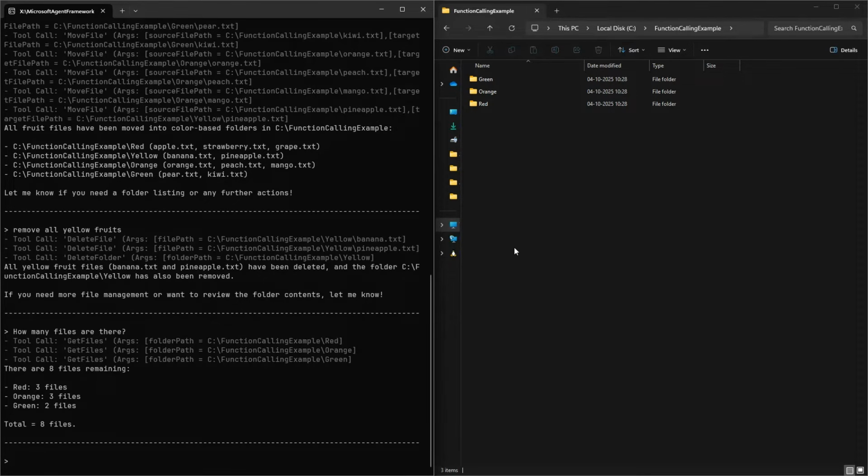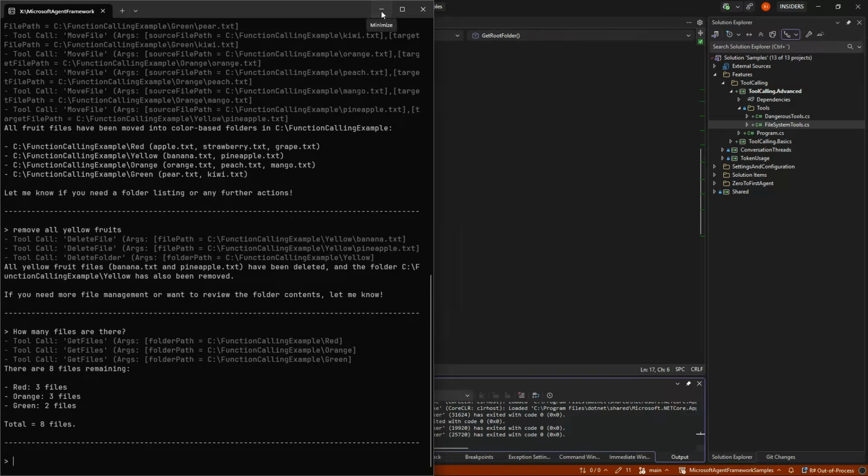So this is the power of function calling, and we're both reading data and doing actions in this scenario, but it could have been sales orders, it could have been CRM stuff instead of just simple stupid fruit and files and folders here.